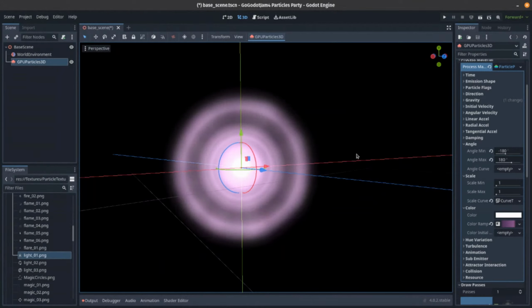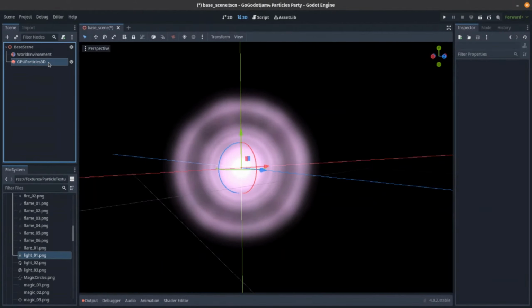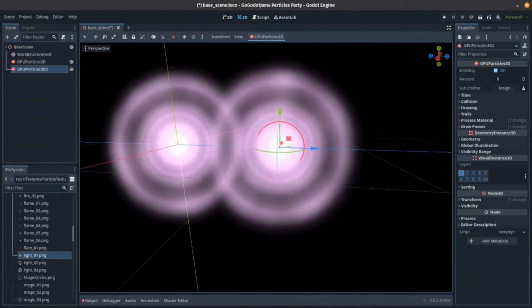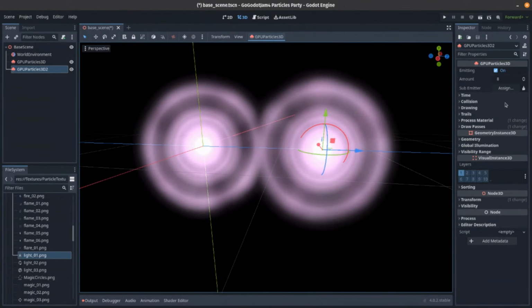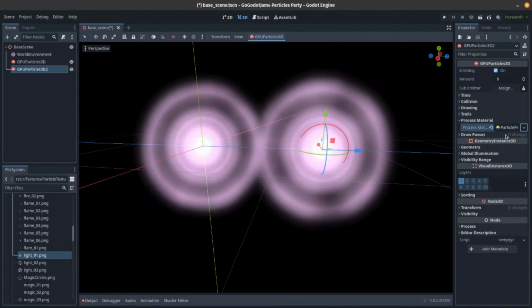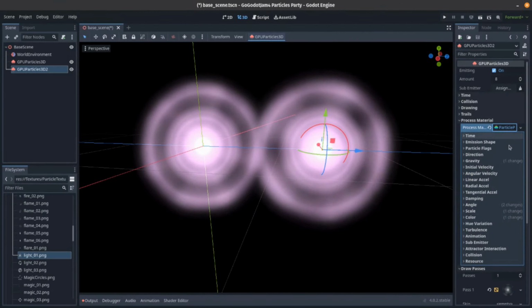I presume at any point you can duplicate it over in the scene there and create a new one that you can just modify. You can duplicate it. If you duplicate it and modify it, you'll modify them both because of the same process material. So if you're doing that, let's duplicate one, move that over here. What you're going to need to do is on your new one, go to process material, click on it, and make unique. And you'll probably want to do that with the pass as well. So make that unique. Now, when I change one,